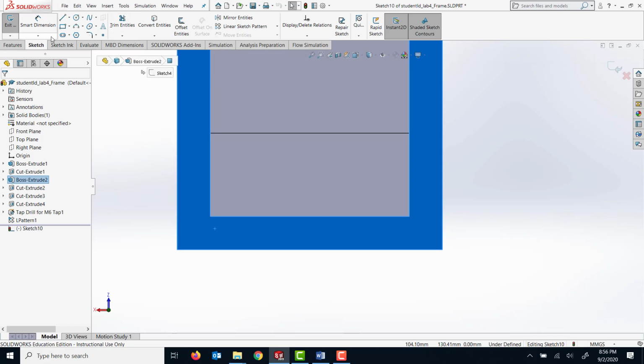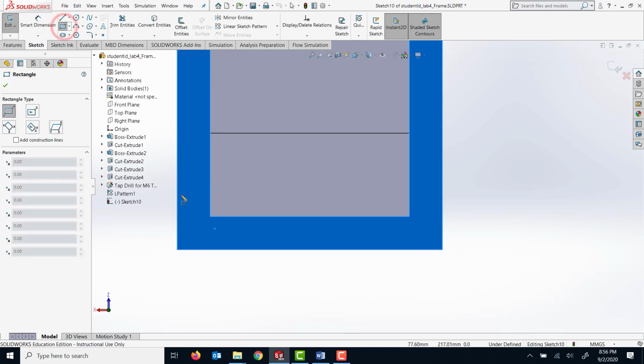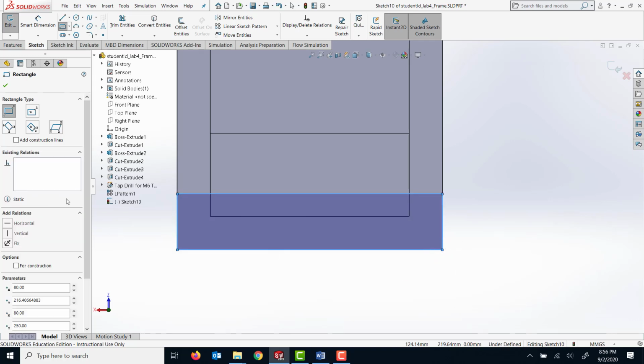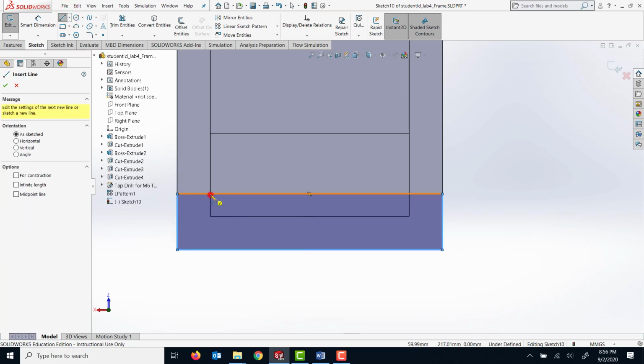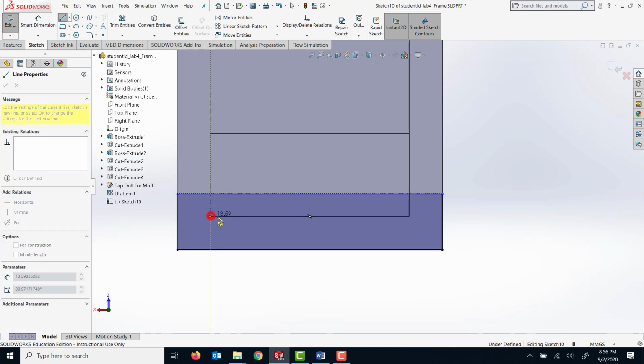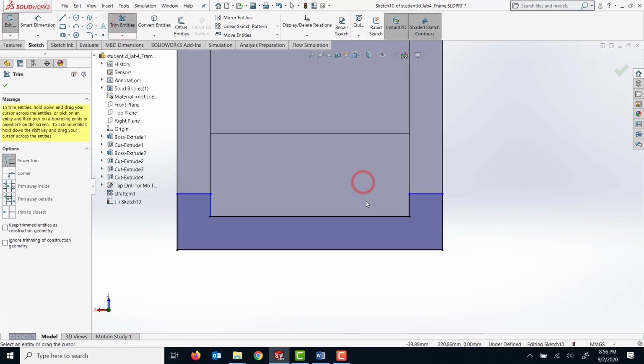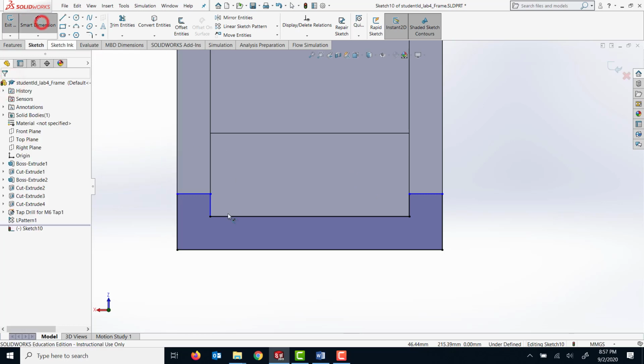And I'm gonna draw the following sketch. I'm simply gonna draw this rectangle there, and I'm gonna grab this, draw from here, come across there. I'm gonna draw a vertical line there. I'm gonna press the escape key, and now I'm gonna trim this line, and now I'm gonna add the dimensions to define